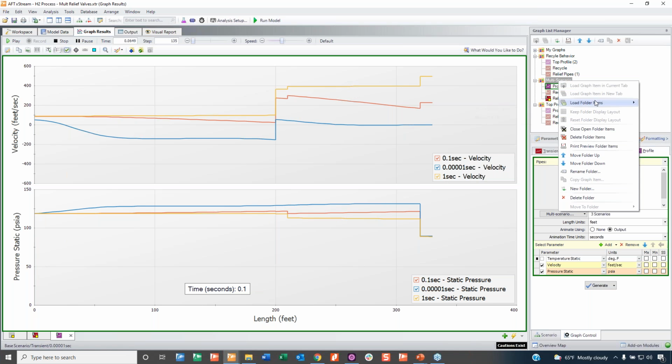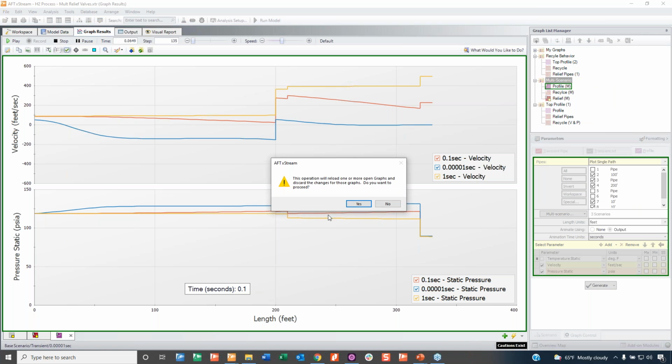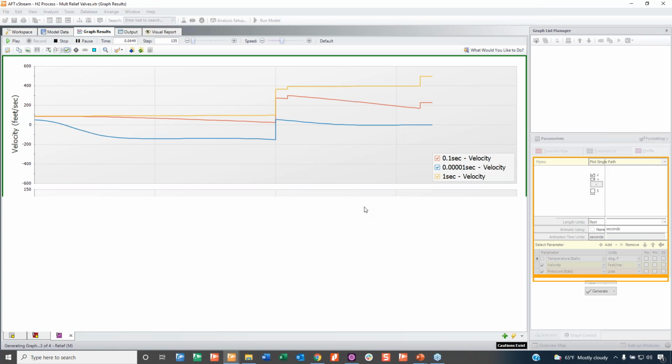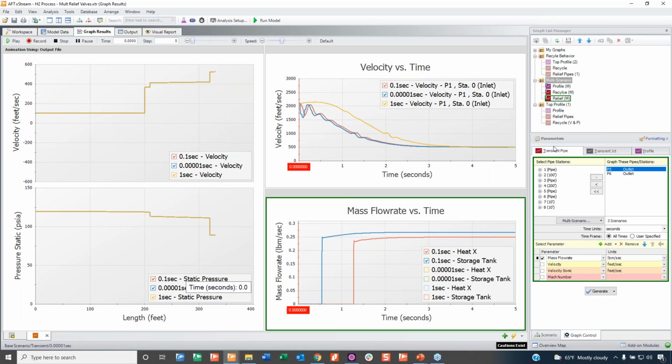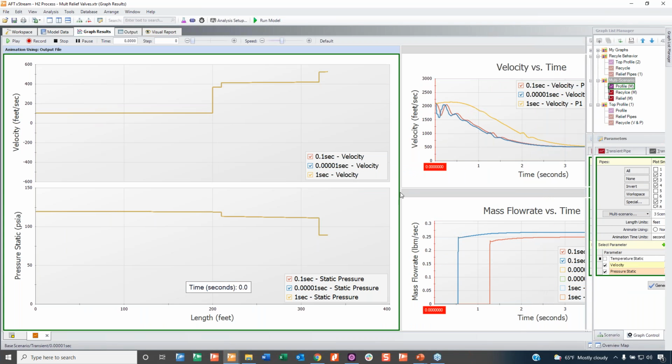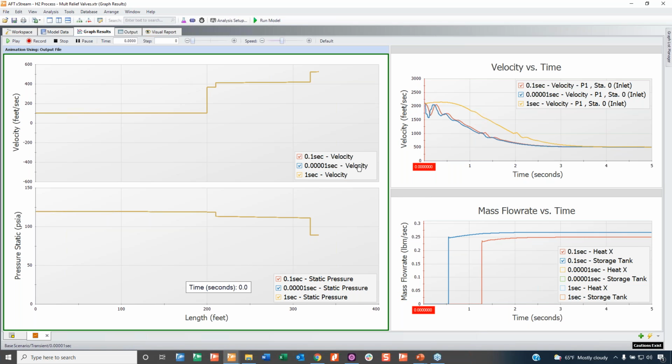Something that is pretty interesting, if we do a similar thing where we can load more. Okay, I'm going to hide that. So we just look at this. Again, our profile's over here. Here's a similar graph to what we were looking at in the original scenario, where we're looking at the velocity of the recycle line. This is the recycle line. The medium and fast closure have very similar behaviors where they drop in velocity, then shoot back up and drop. But my 1 second, my slow